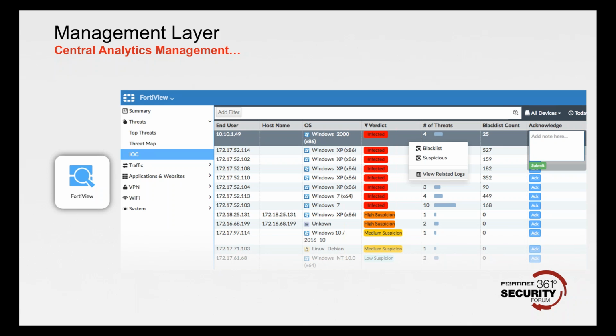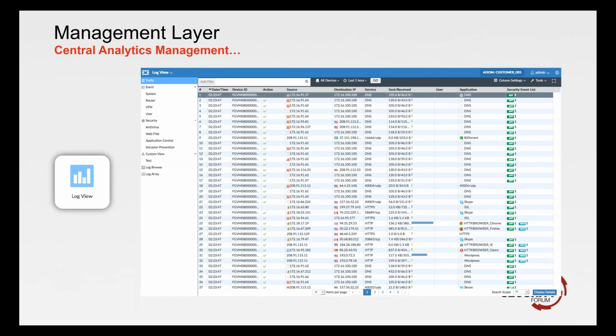So it actually highlights when there has been a potential compromise within the network as part of that service. So again, it's an add-on service through FortiView of what you can actually provide. I mentioned logs, so you can also go into the individual logs.